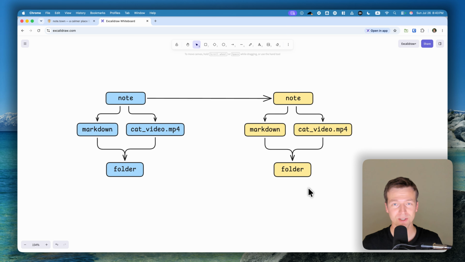And even if you manage to create this syncing mechanism, you actually have a problem now, because this mechanism has to go both ways. Because the user you share the note with might want to modify its content. They might want to change some text in the Markdown document. They might want to add new files. They may want to completely remove the note. And this is something you need to keep in mind. In the next video, we're going to take a look at some solutions to this particular problem.